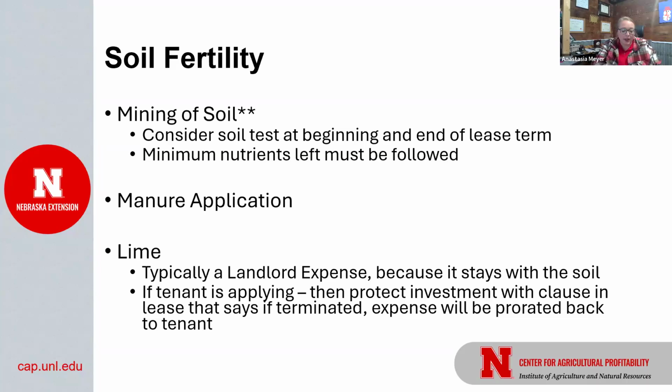So if you have a new relationship as a landowner, you might consider having a soil test done, and then at the end of that lease, whenever you decide that you want a new tenant. I think it's different if it's 1 year or 5 years, or you might not even need to do that second test if they know that it's a good relationship. But especially in a new relationship, consider having a soil test done. And then at the end of the lease, you compare it and make sure it's within similar ranges. A minimum amount of nutrients needs to be left in that field. If you're thinking about this, talk to an agronomist, see what would be an ideal range or an ideal figure.